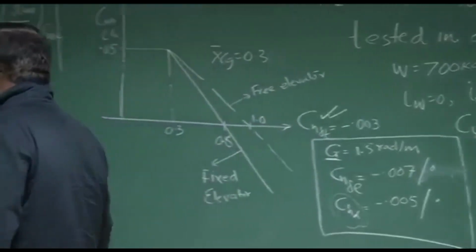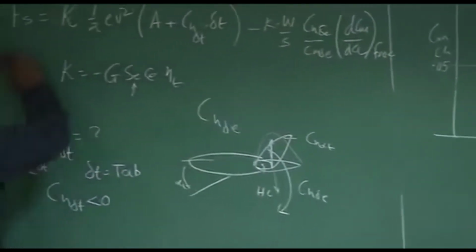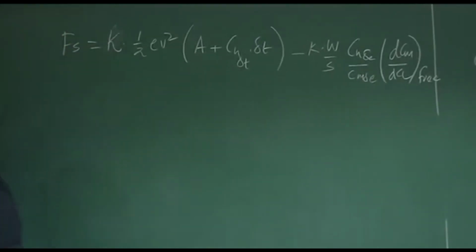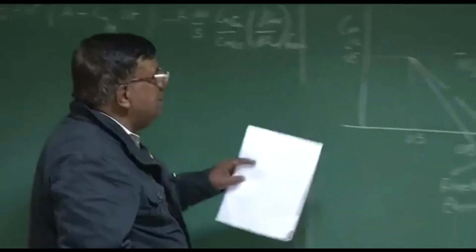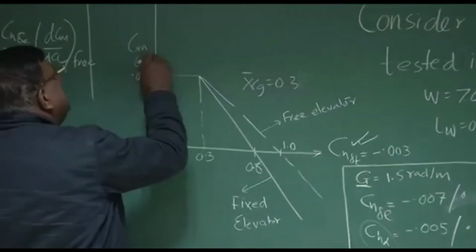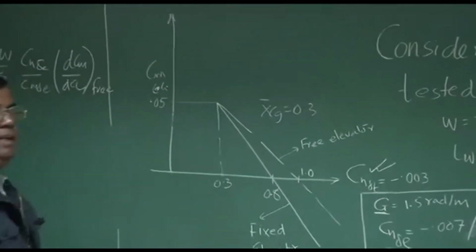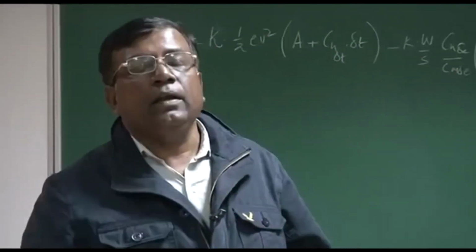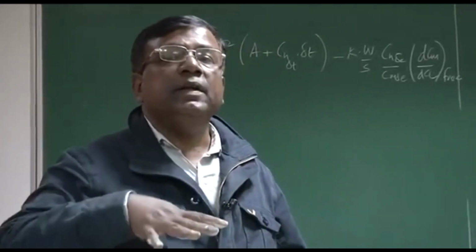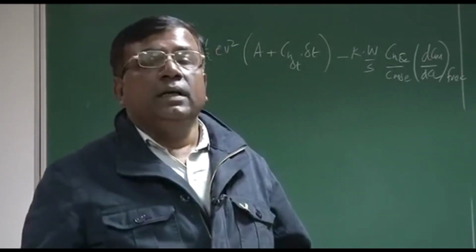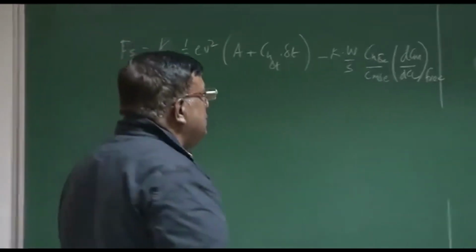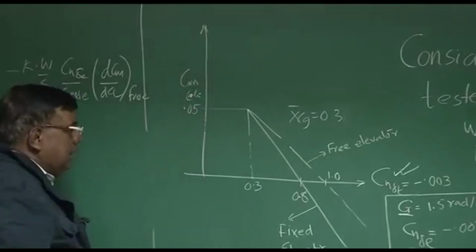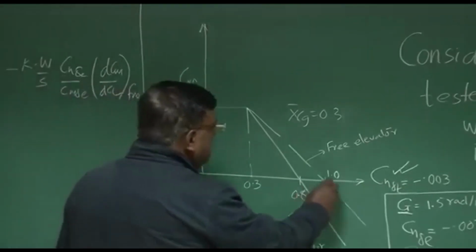Now come back to this diagram. This is also part of the problem. Okay, let me keep this. This will be used. See what is given in this diagram. It is written Cm Cg on the y-axis. Why Cm Cg? We all understand the pitching moment is calculated about the center of gravity, because the airplane in free space will rotate about an axis passing through the center of gravity. So this is the longitudinal motion. So this is Cm about the Cg of the airplane. And what is here? This is the Cl.